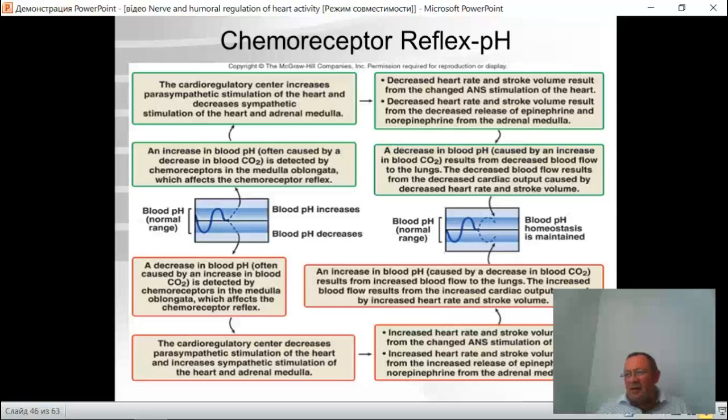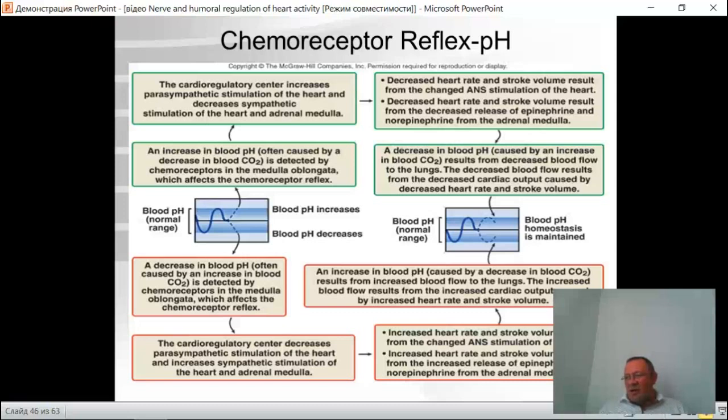Next, impulses go to cardioregulatory centers and increase parasympathetic stimulation of the heart and decrease sympathetic stimulation of the heart and adrenal medulla. As results, heart rate decreases through the decreased parasympathetic part and through the decreased concentration of epinephrine, and